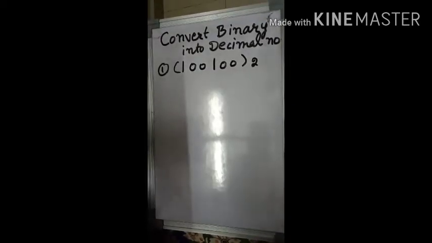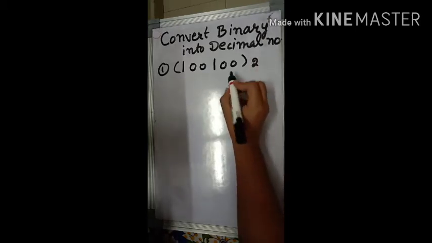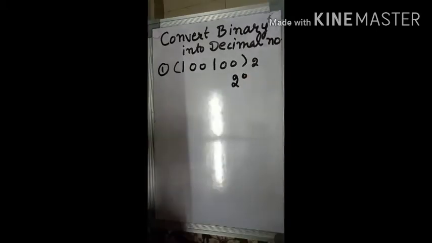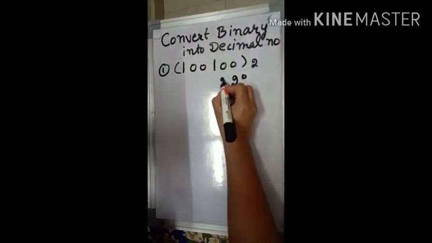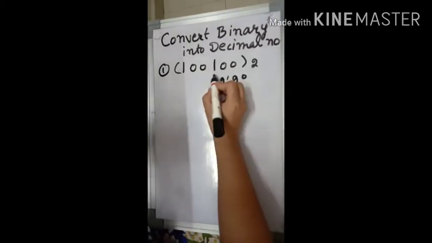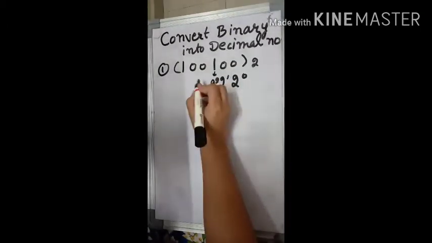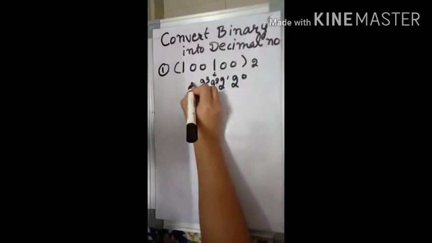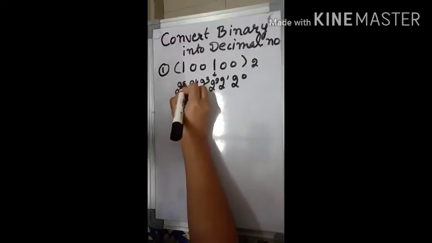So dear students, here I am having a binary number that I need to convert into the decimal form. First we have to write the multiples of 2 starting from the right hand side, and then we are going to increase the power of 2 one by one as we go from right to left. So let's do it. Here I am writing 2 raised to power 0, and then one by one I am increasing its power: 2 raised to power 1, then 2 raised to power 2, 2 raised to power 3, similarly 2 raised to power 4, and at the end 2 raised to power 5.